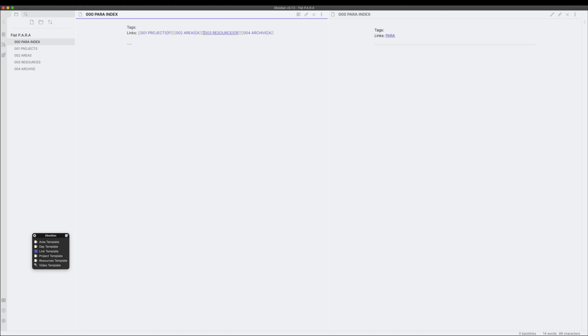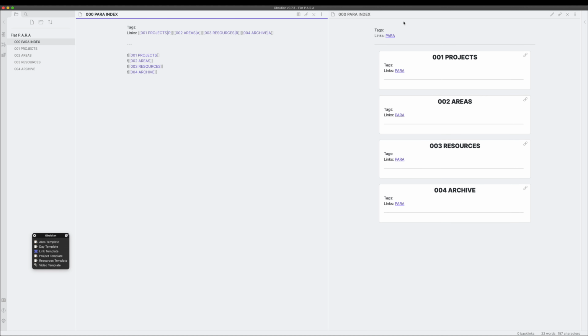So now let's just put all these pages here so that we can get a good overview of them without having to jump into them. So again, I'll select projects, areas, resources, and finally archives. Now, if you are not familiar, there's one way we can see an overview of all these pages without having to go into them. You just have to add an exclamation mark in front. And what that does is it embeds the file inside. So you can see it's embedded all the files here.